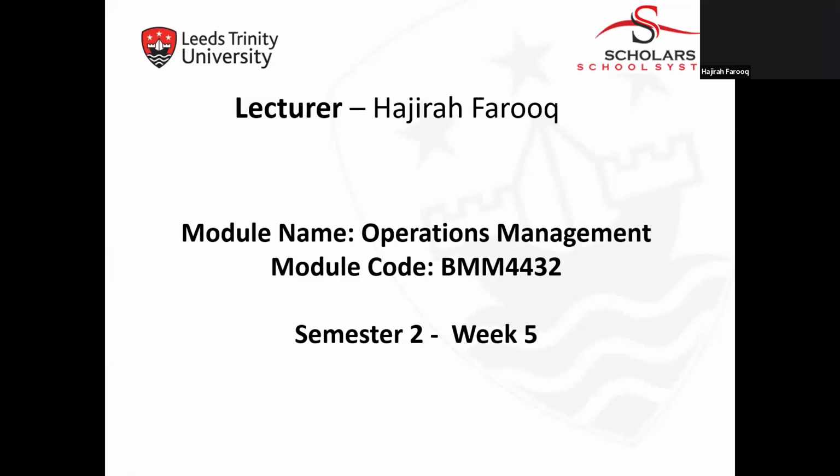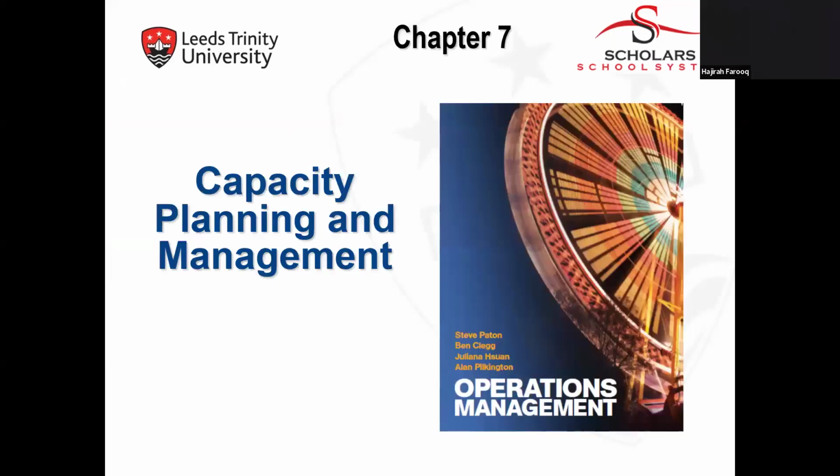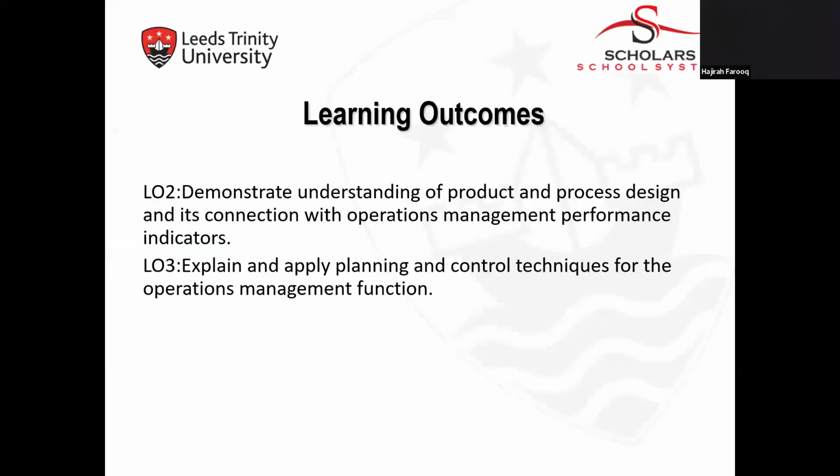So starting off with the week 5 lecture, we discussed chapter 7, capacity planning and management, in the 5th week of the semester. The learning outcomes covered in this lecture are learning outcome 2, which is to demonstrate an understanding of the product and process design and its connection with operations management performance indicators, and learning outcome 3, which is to explain and apply planning and control techniques for the operations